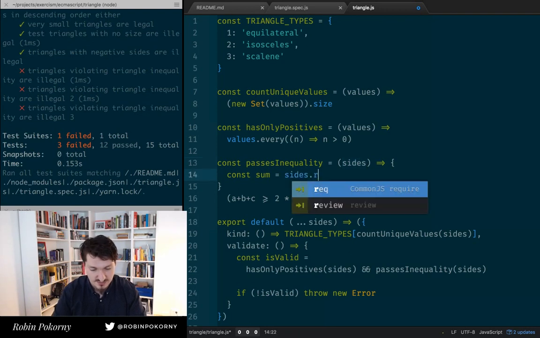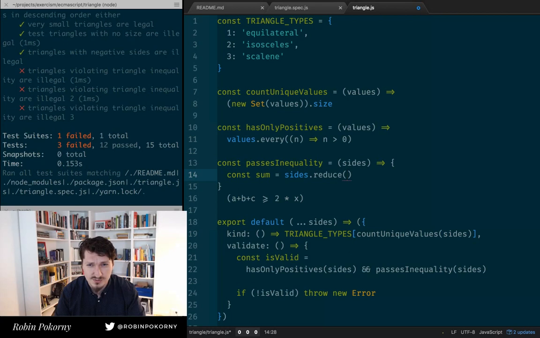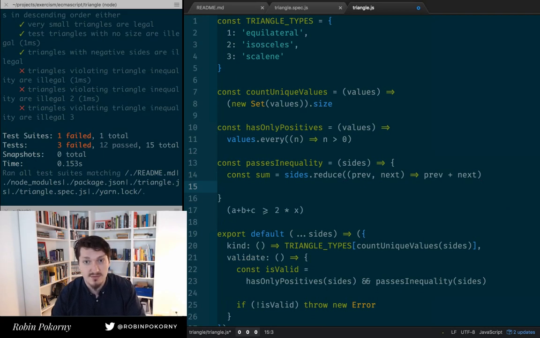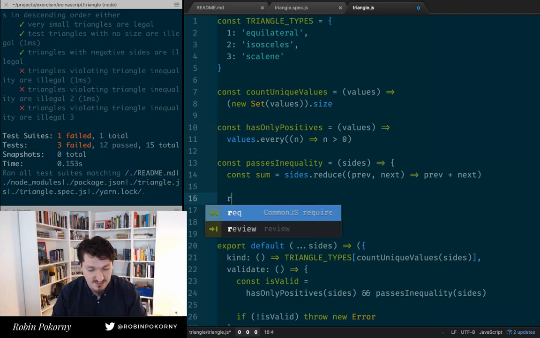And it's sine dot, and this is like the small thing, it's reduce, and you receive prev and next, and we can do the small thing when you just count them. I mean, it would be better to have this somewhere in a function called sum, but it's so small it doesn't make sense. I kind of miss that it's not part of the spec, and we don't have sum on a prototype on arrays. So we have that, we have the sum, and then we can return,